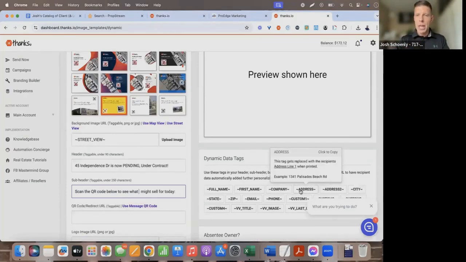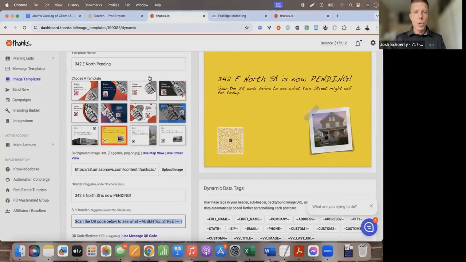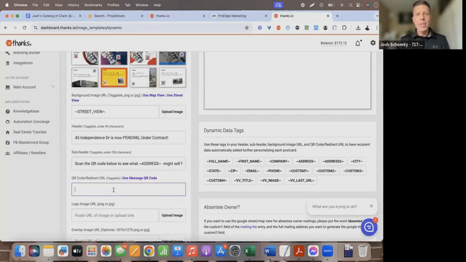I removed that and I'm just going to click over here, the address. So now what I've merged in is their street address. So it'll say, scan the QR code below to see what 43 Independence Drive might sell for today. I'm going to copy and paste. Now this right here, this is my iList platform URL that is integrated with thanks.io such that when the recipient